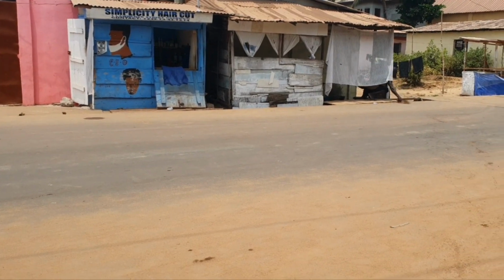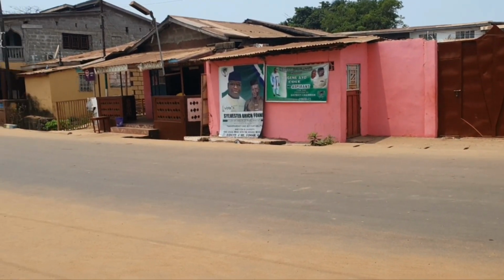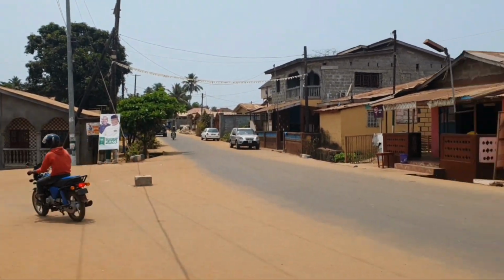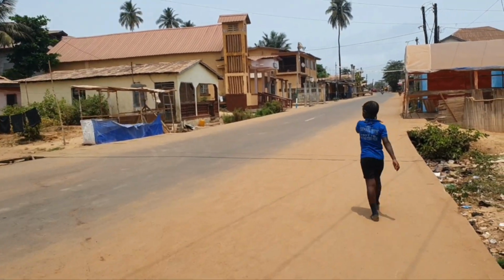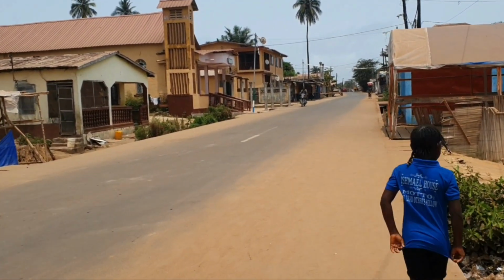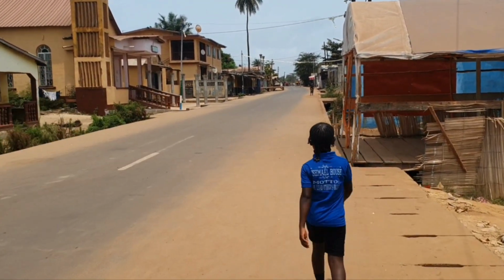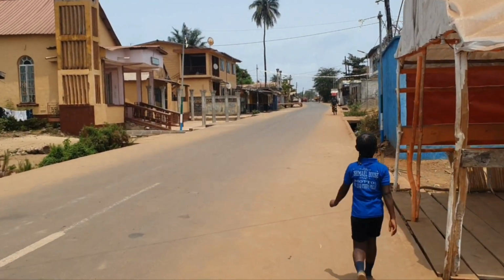Welcome back. So we are at a crossroad, and this particular area, of course, goes that way, and of course it goes that side. But we'll use this side, as this particular section will help us explore more of this area. So this street is called Leone Street, and it is the route that we are going to take in order